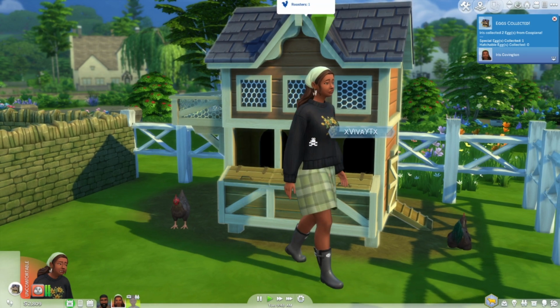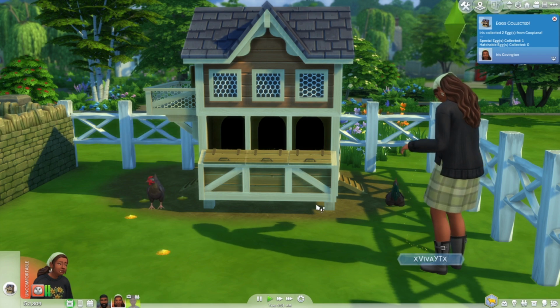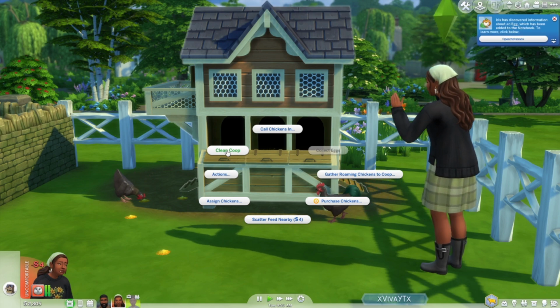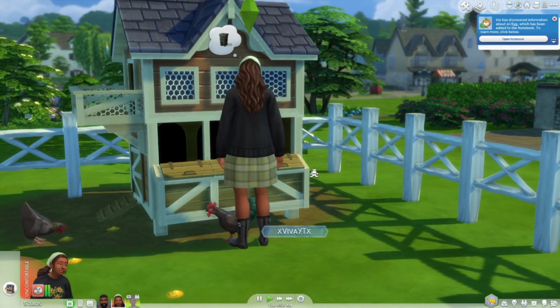You could call them out. Say they're in the coop and you want them out, just call them out. You could collect eggs whenever they're ready. You can gather your roaming chickens. You could name the chicken coop, of course. You could purchase more chickens if you want to, and you could also scatter feed, which is basically feeding your